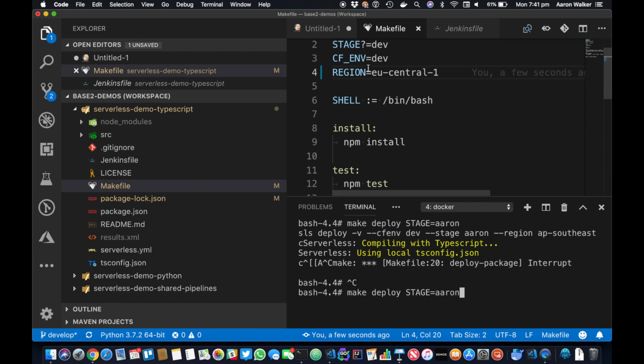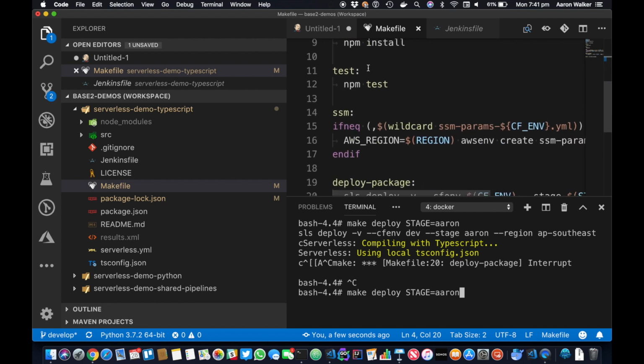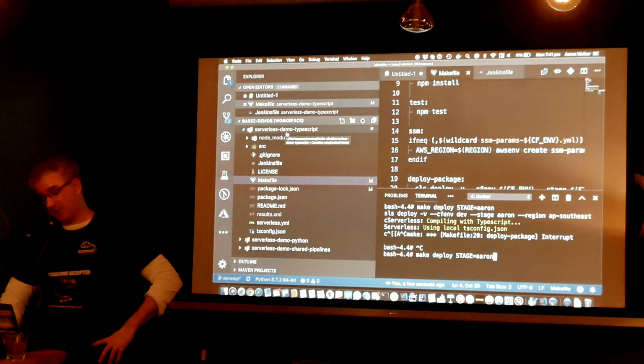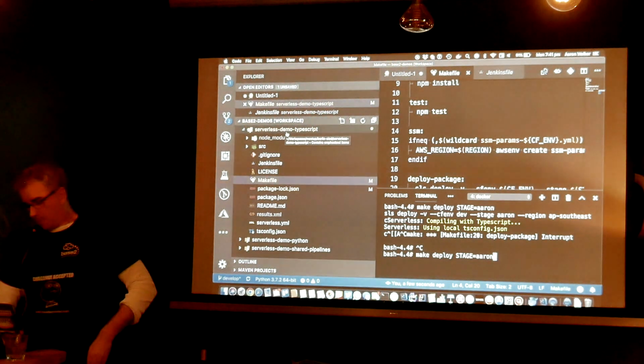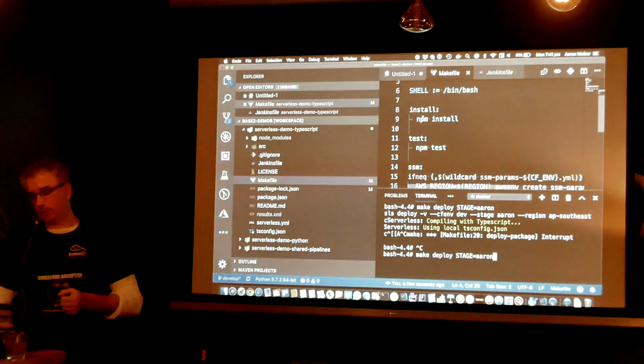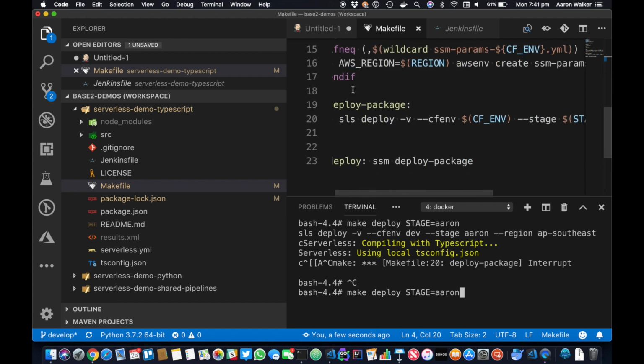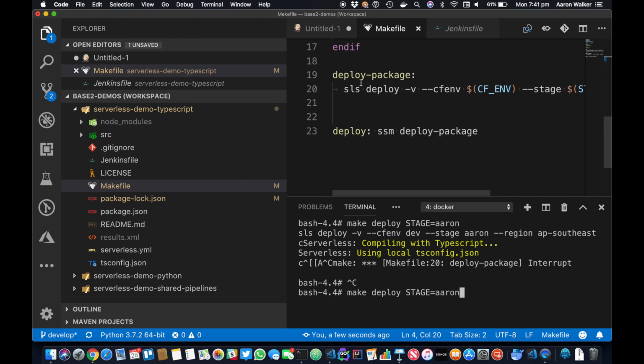Alright, so as I was talking about before, here's a really simple demo. It's a TypeScript demo because I refuse to write pure Node because I'm not crazy. So here's a really simple makefile, right? It's got an install, it's got a test, it's got an SSM, which is something I won't cover in this thing, but it's basically and a deploy package and a deploy which calls both of those. Right, so there's a very simple